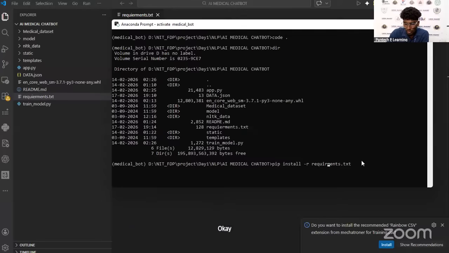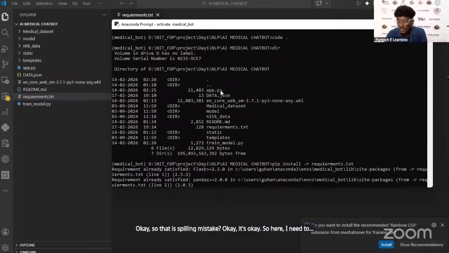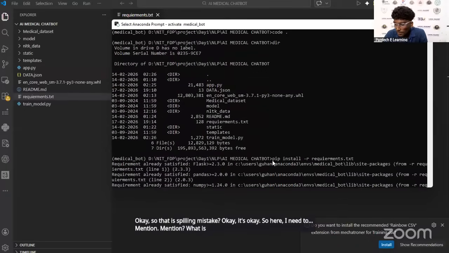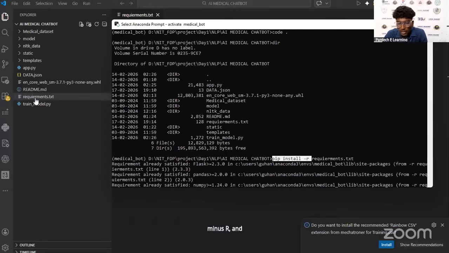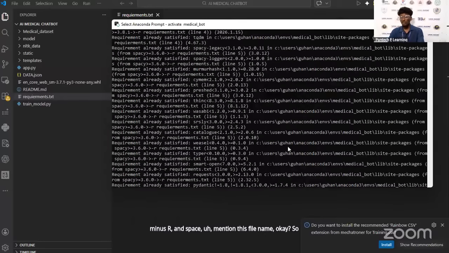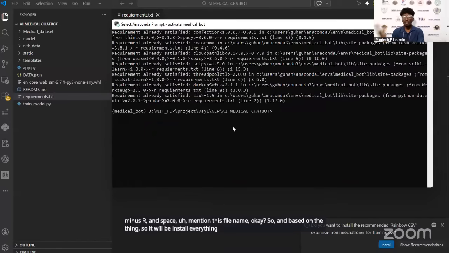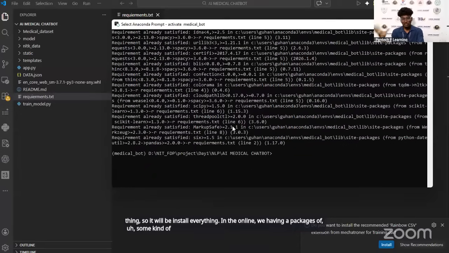Okay, that is a spelling mistake, but it's okay. Here I type pip install -r and then the file name. Based on that, it will install everything. Online there are packages and libraries, and we need to install them into our system, which is why we use this command.